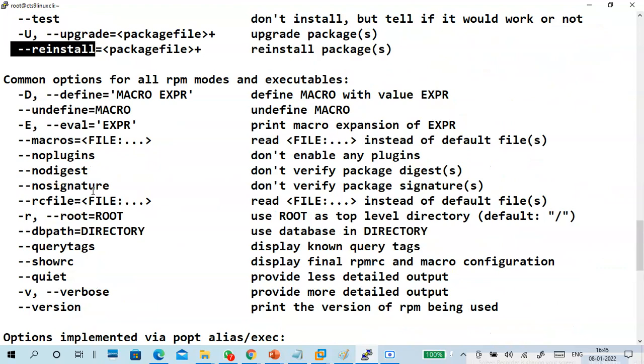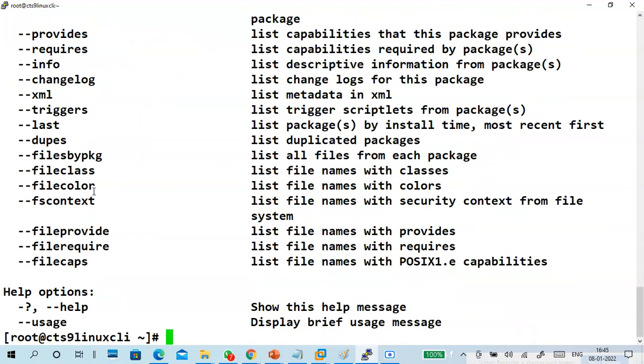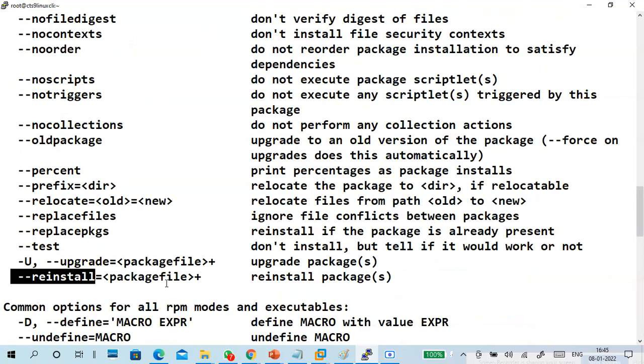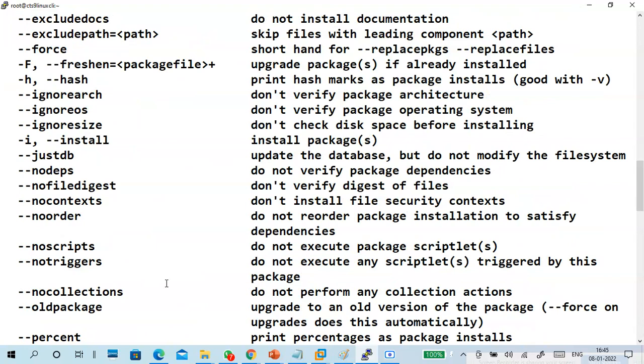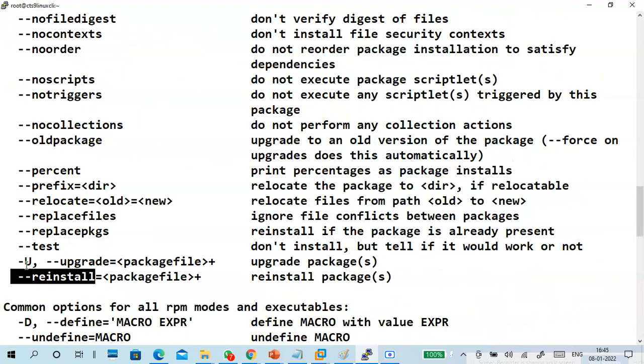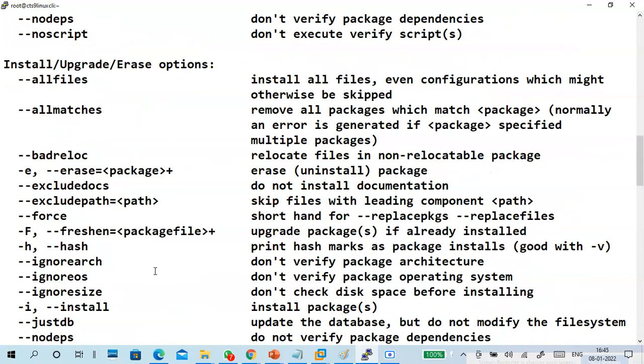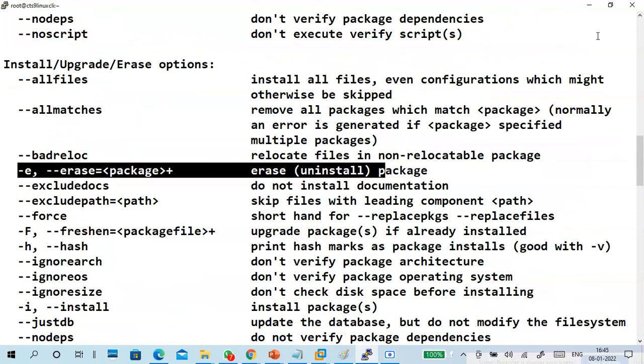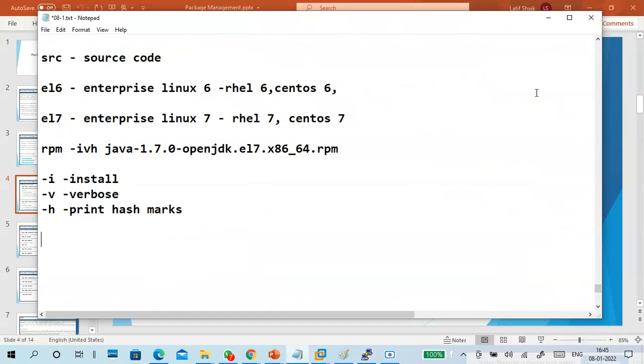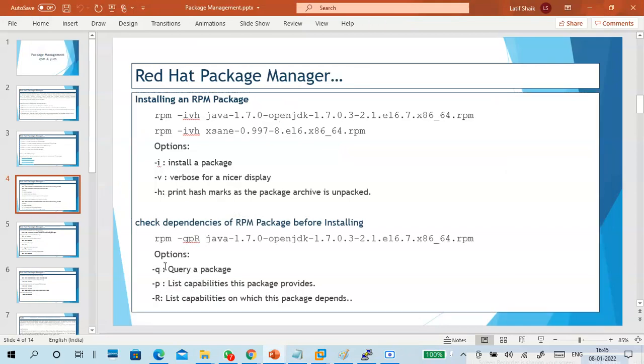You can also use the reinstall command directly. So what I said: for uninstallation, hyphen U upgrade, hyphen e erase or uninstall. These are the other options we can use.